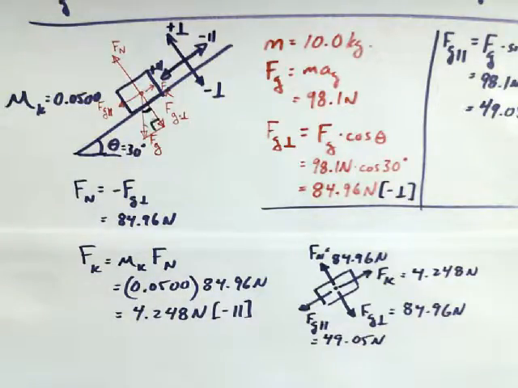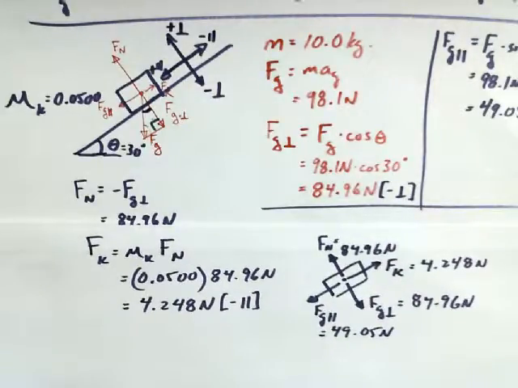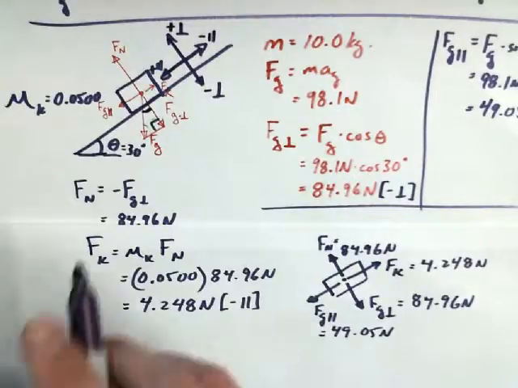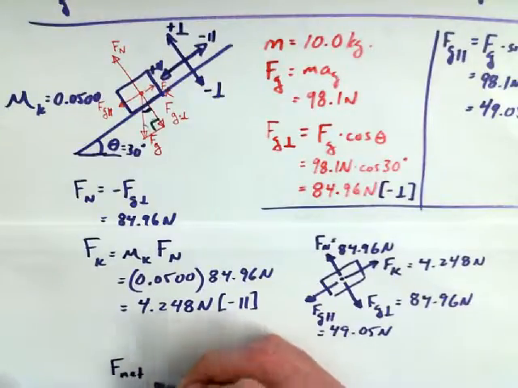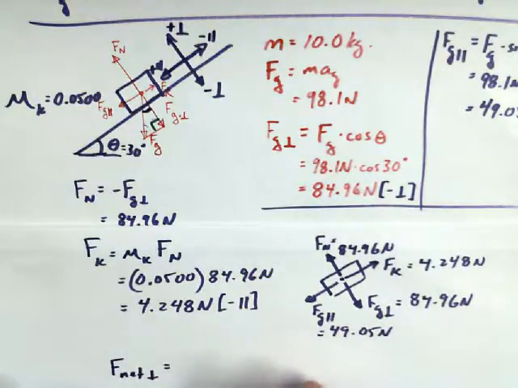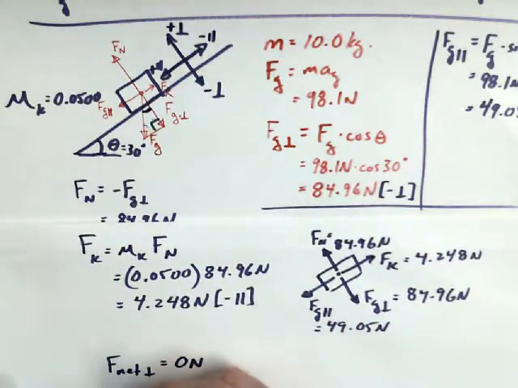So what could be an end thing to find here? What might a problem ask you to find in this situation? Seth? Yeah, you could find the acceleration. Now, if you wanted to find the acceleration of this object sitting on an incline, the first thing you need to do is find the net force on the system, right? In this case, it's the simple system of one object. So I would say F net perpendicular, well, I can see right just by initial analysis that it's going to be equal to 0 newtons. So I'm not going to delve into that too much. But F net